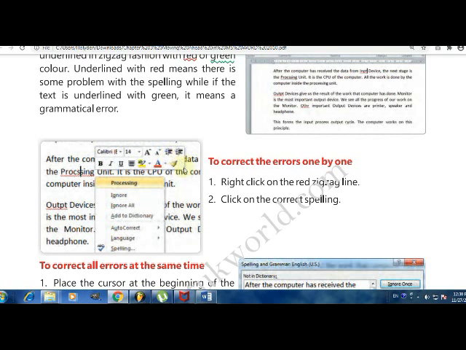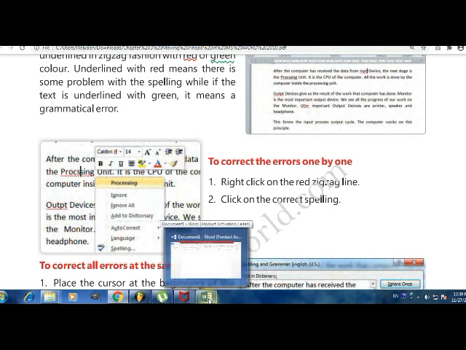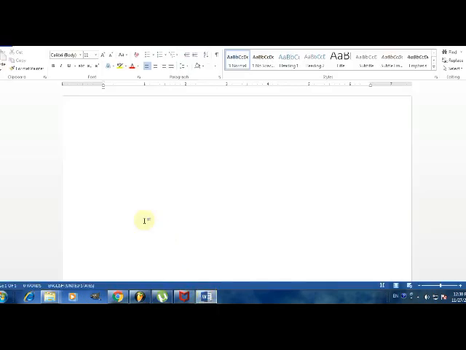So let's see first how to identify the spelling mistake. Here I'm going to write one incorrect spelling, and that is create. Okay, create. This is the correct spelling. I'm going to make it incorrect.